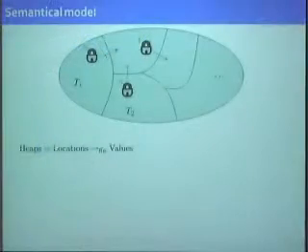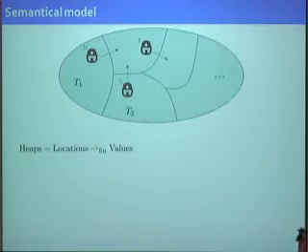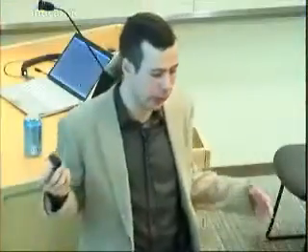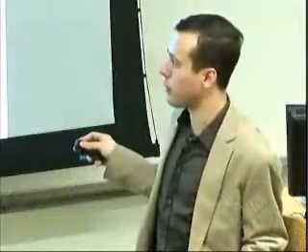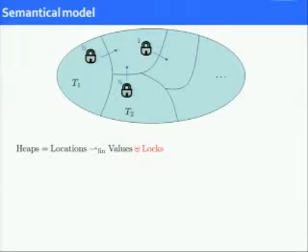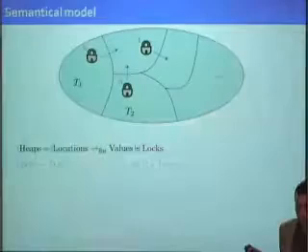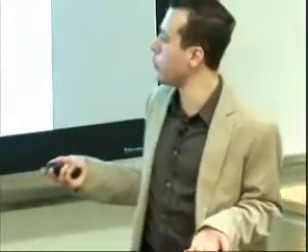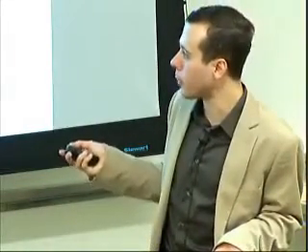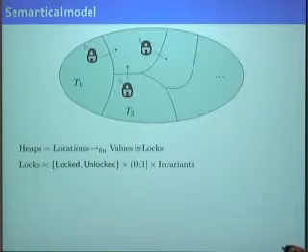OK, so now let's try to devise something like this, some semantic model like this, for the local states of threads and resource invariants in this case. So in this case, I'm going to have two types of locations, either the ordinary ones that store values or the ones that store locks, right? So I'm going to have disjoint compositions here. Now, what is a lock? Well, a lock is something that tells me whether it's locked or unlocked, right? Then I'll also have to associate a permission with this lock, how much of the lock I own. And I'm going to have to associate an invariant for this lock.